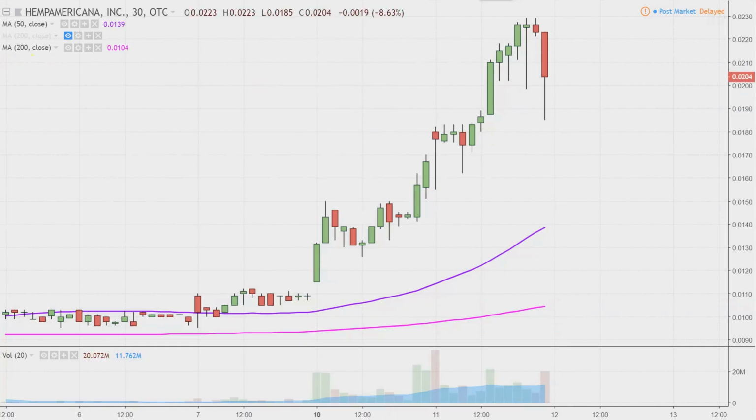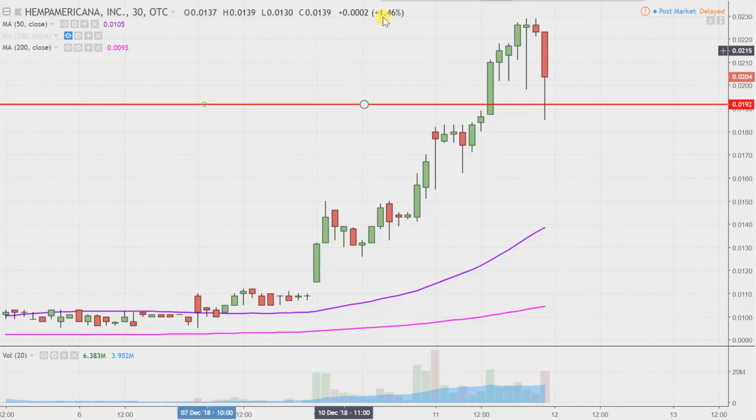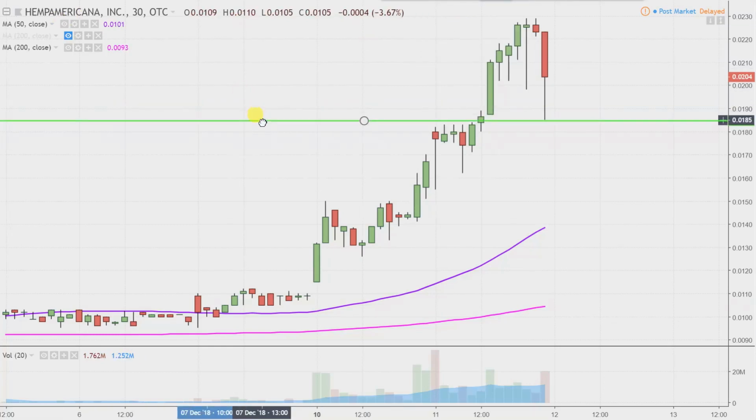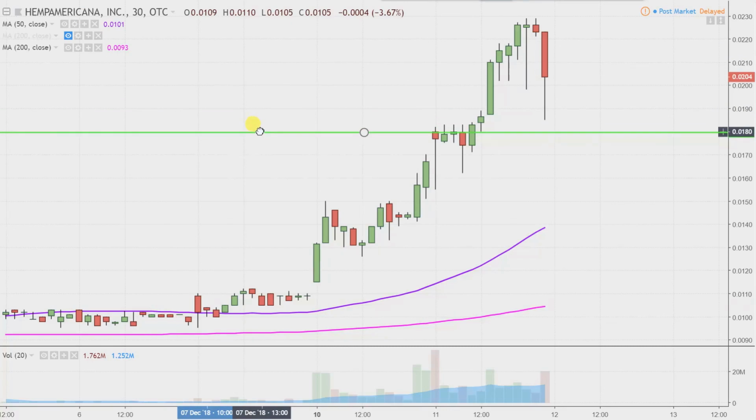So the first level of support is what I would call the ideal level, meaning if you say, hey Clay, what would make this chart look the absolute strongest going forward? That would be if the price can stay up above this point right here at 0.018. Now, don't get me wrong. If the price falls below 0.018, I'm not saying the entire chart's broken or ruined or anything like that. But yeah, if the price can manage to stay up above that area, that would certainly be a huge sign